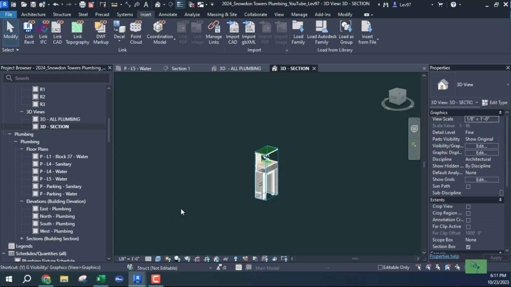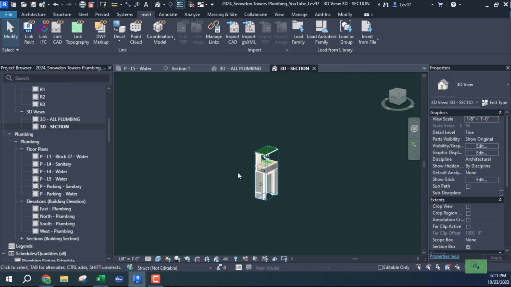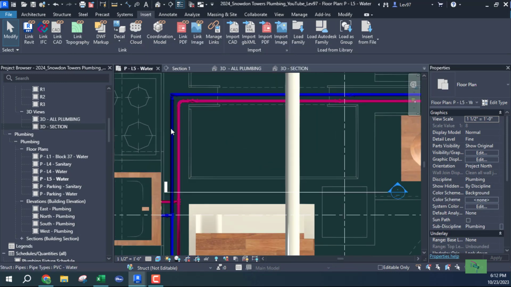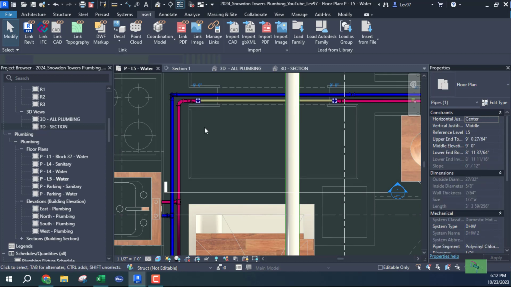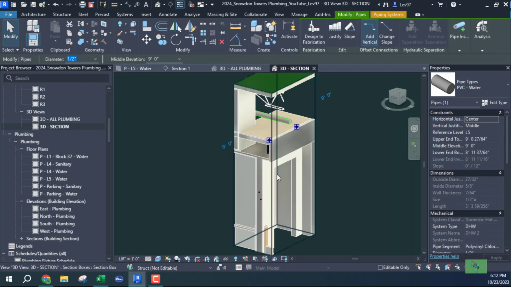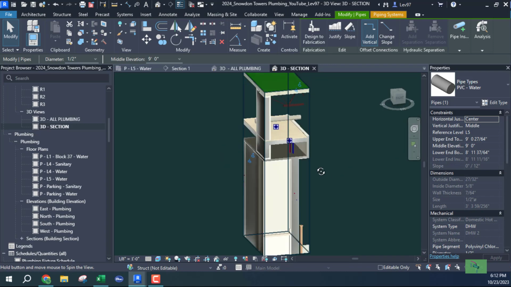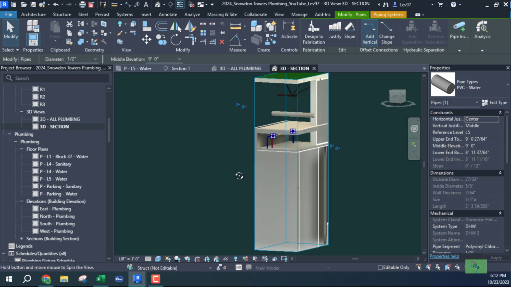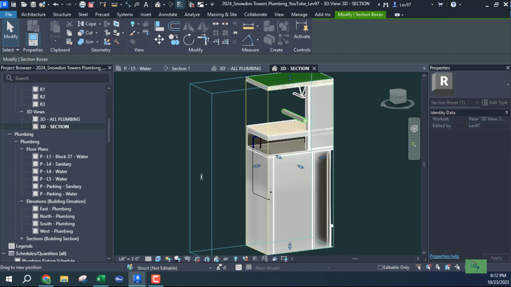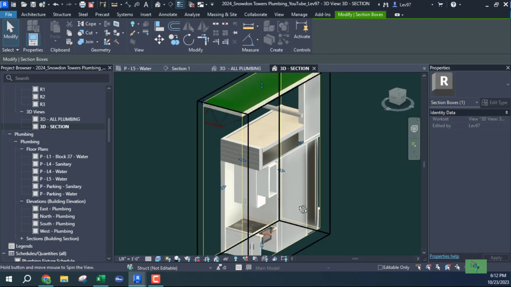And what I can do, let's turn on the structure. Everything is on. Everything looks good. So we go back. Okay. Section. And we can see that that is a cavity space. I'm going to try and make this come out some so we can see what's going on. Okay. So that is,